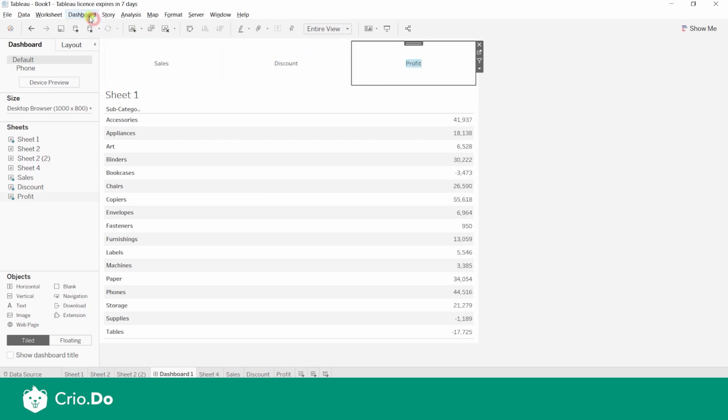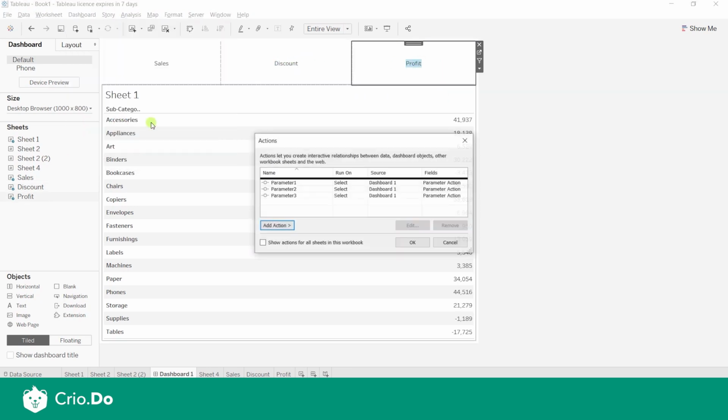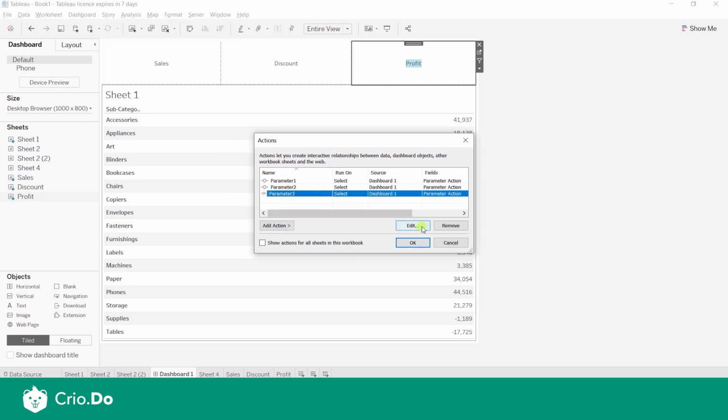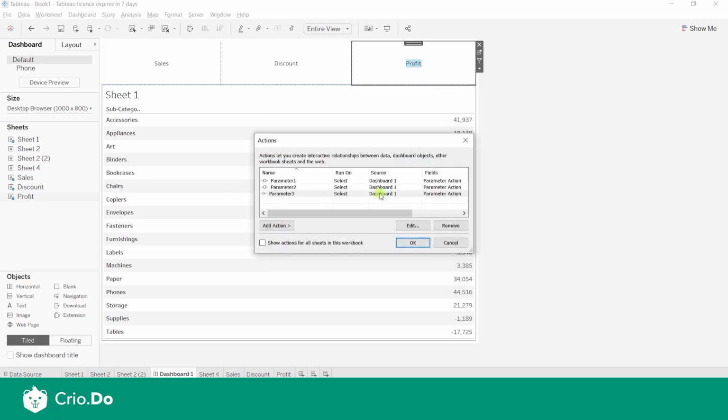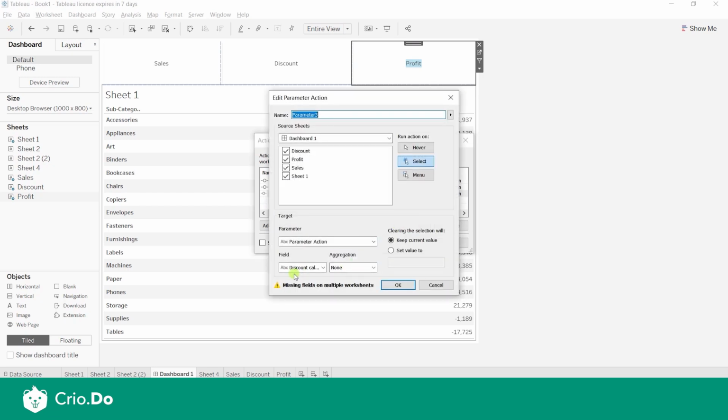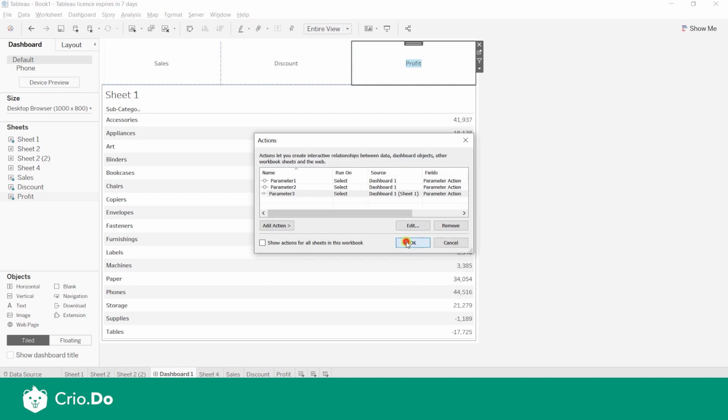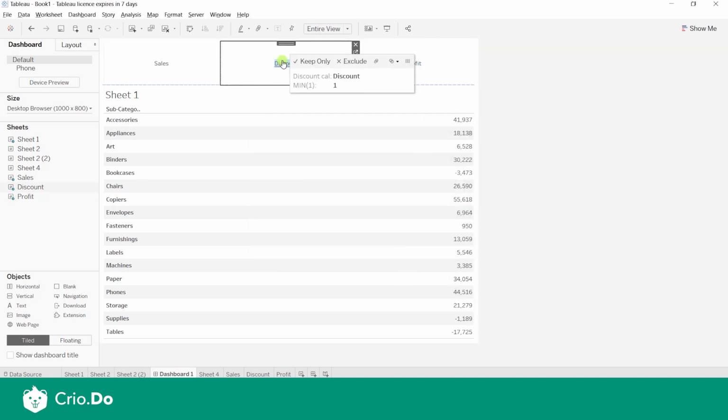So we already saw one error while adding the actions. It's actually because in the other two parameters, all the sheets are selected here in the source sheet. That's not an issue because we will not go and do the other values. It's fine. You can actually remove the other ones if you want to change that error also. Let's say this calculation is for only discount. What I'll do is I'll just uncheck discount. I'll just click on profit, sales, etc. So the error will be gone over there. If I click on discount,